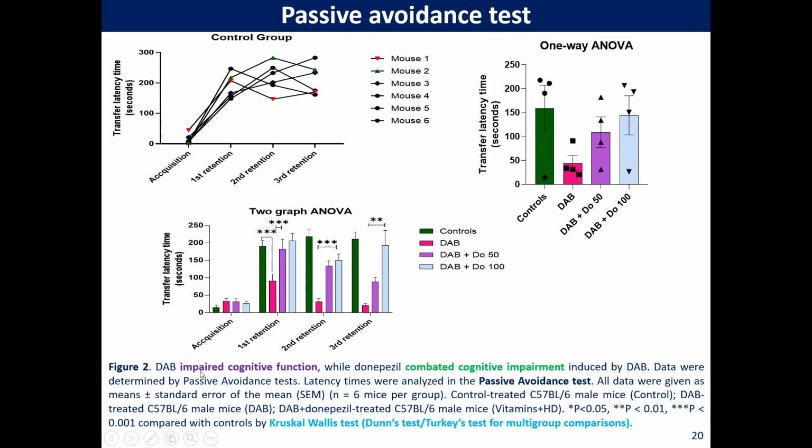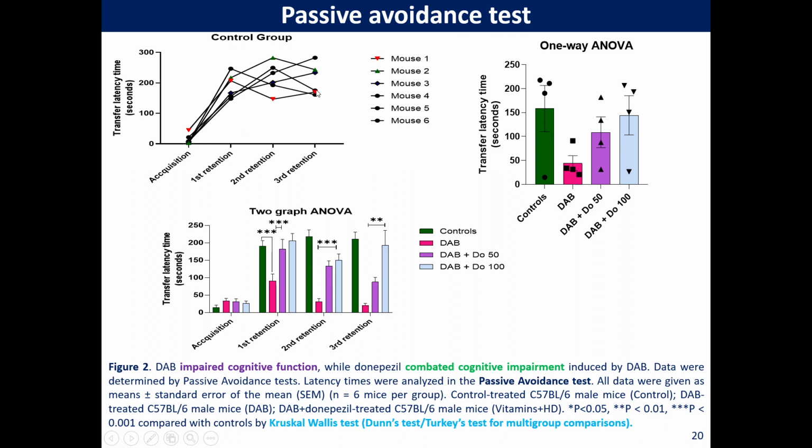And please remember the title. Around the title, you can see I drew: DAB impaired cognitive function, while donepezil combats the cognitive impairment induced by DAB. You can see here, right? They explain a little bit about the latency time. In the acquisition on the first day, you can see they go directly to the dark room because they love the dark room, right? But on the second day you can see the mice stay in the bright room